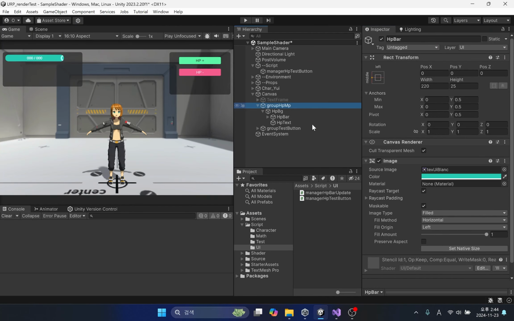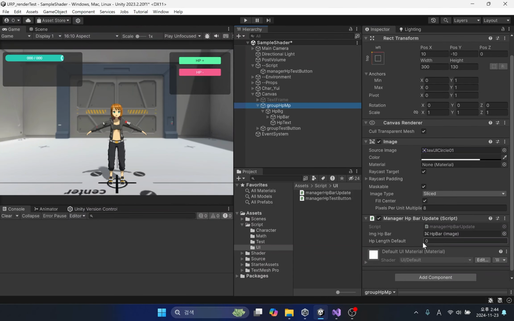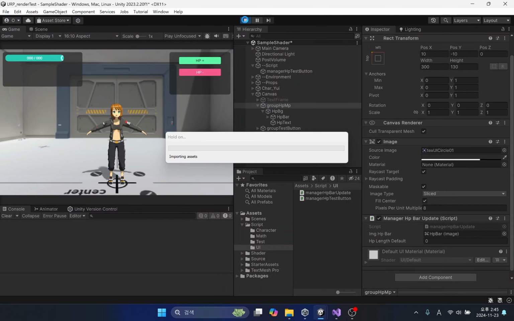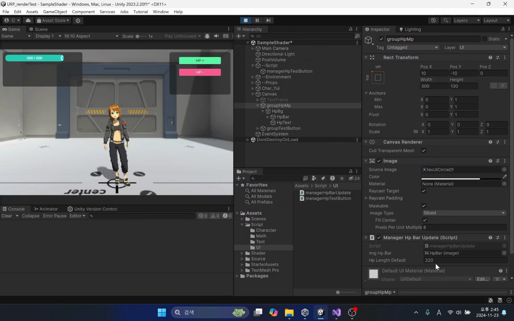Let's check if the variables are stored properly. You can see that the width value of the HP bar image is stored in the variable.